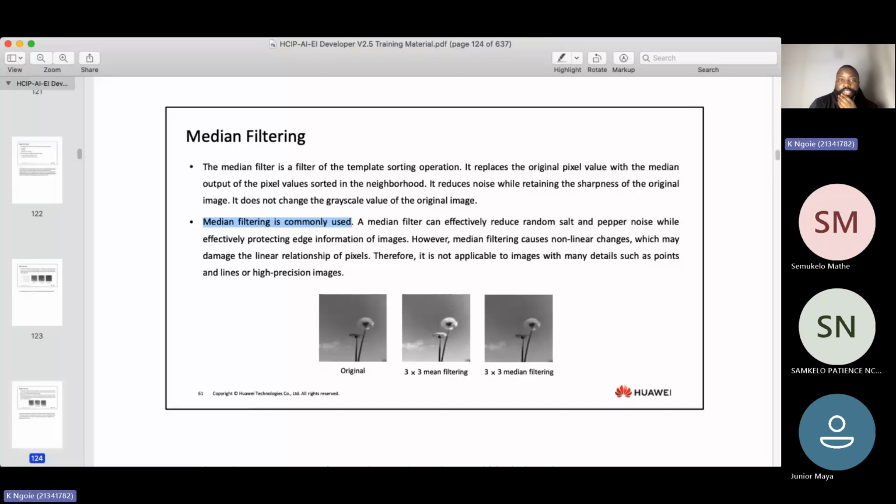In this case, we choose the window size. For example, we can apply a 3x3 mean filter to this image to get this one, and then from there we can do a 3x3 median filtering. 3x3 is the window that we want to use, the number of pixels we're going to use, because remember, one picture can have so many pixels. If the size of the picture is 28 by 28,